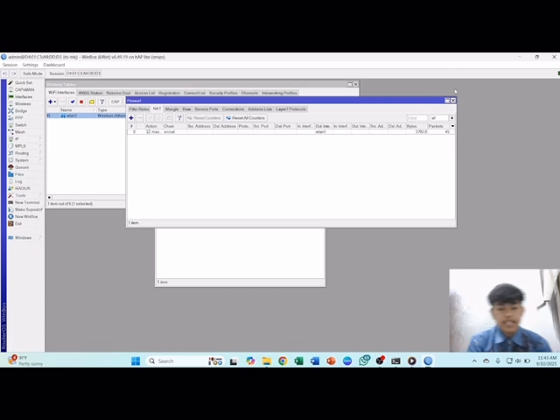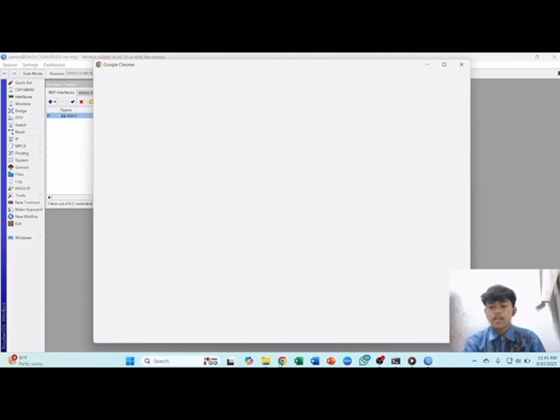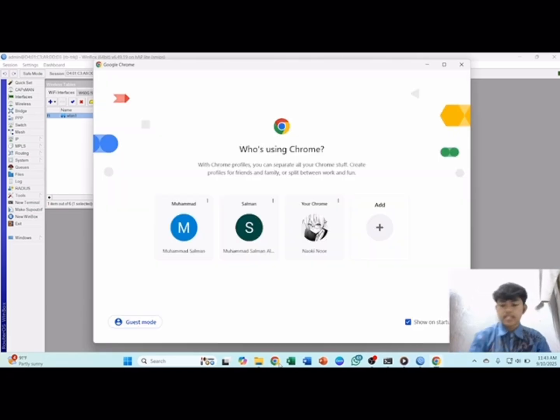Finally, we check how to connect the router to the internet using Ether 1. Now test the connection by pinging from the laptop or router, and then ping to the internet, and then successfully. But I will also check in Chrome.